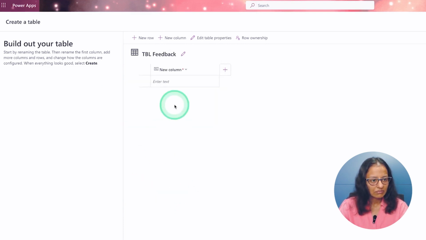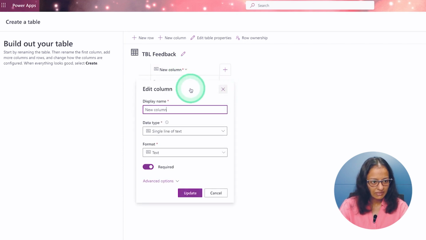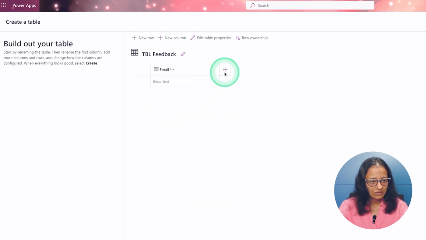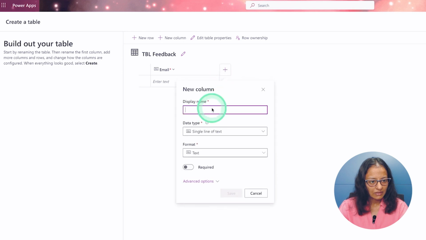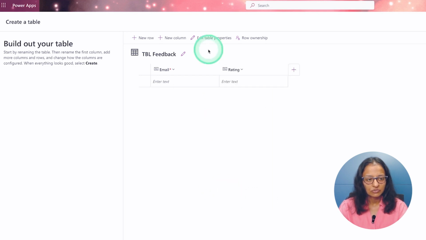Click on save, then column name, email ID, email, then update, and then I'm adding a rating, that is 5 star, 3 star or whatever. I'm not adding any data in the feedback table right now. I'm leaving this table blank. Only columns are there. So click on create.